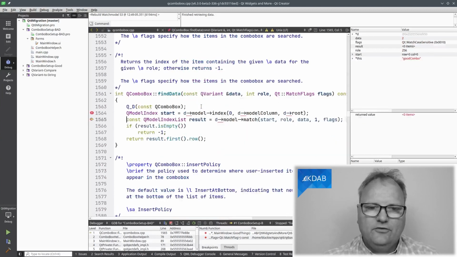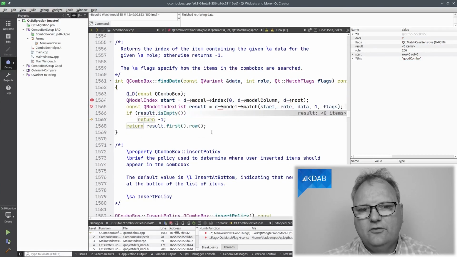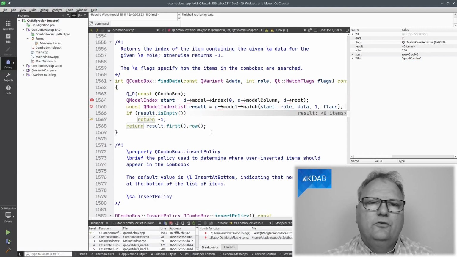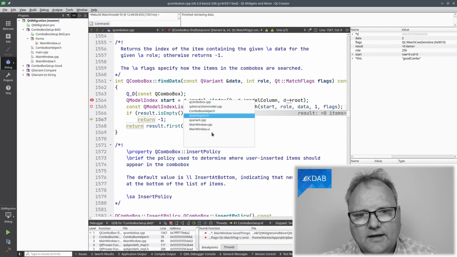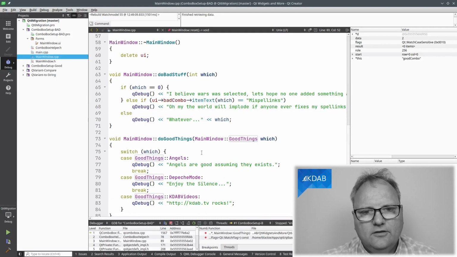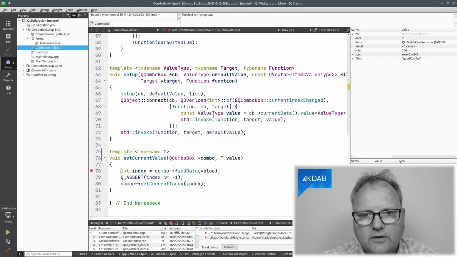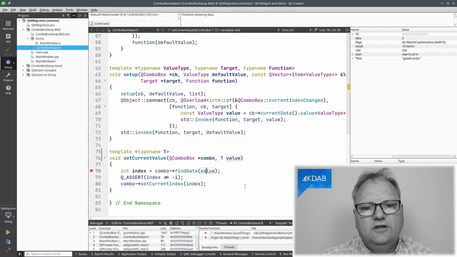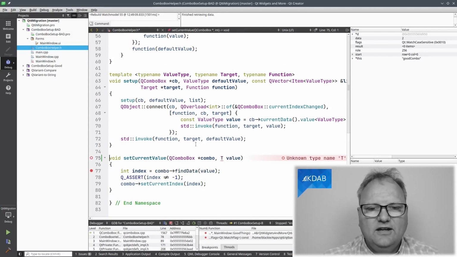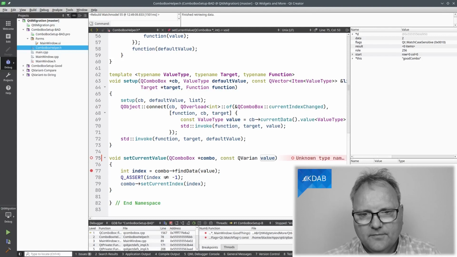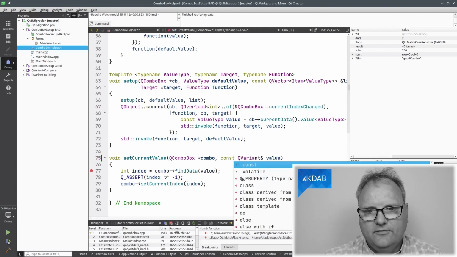And that is why if I return from here, you can see that going further down, is the result empty? Yes, it is. And now I'll return -1. So what is the cure to that? Well, the cure is to go back to my call here and make sure that I don't do, that's not the call, it's the combo box level. Make sure that I don't do this conversion. Actually, why is it even a template here? It should just have been a const QVariant reference.